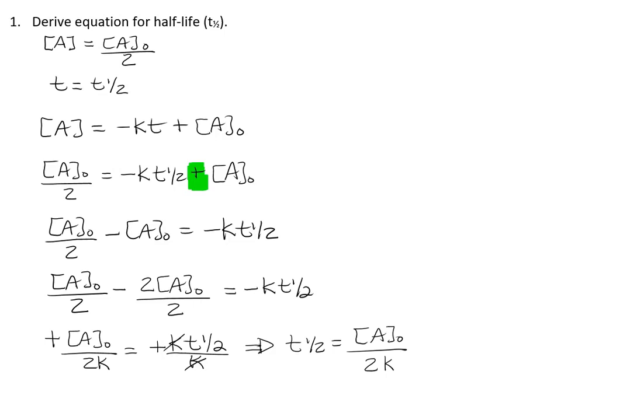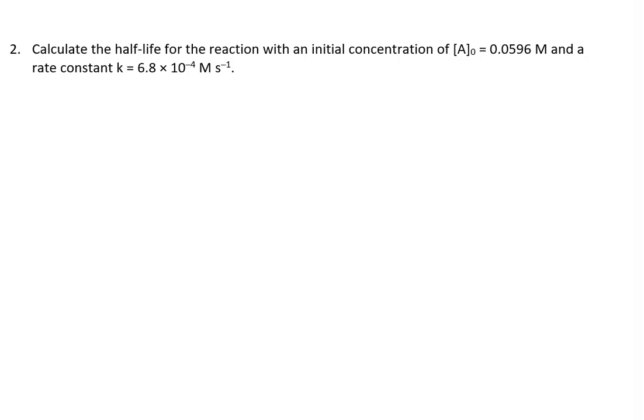Now this is just one way of rearranging the equation to isolate the t 1/2 term. It's fine if there's a different way or a different order of the derivation of the steps that works for you, but you should be able to apply the algebra to get to this equation for t 1/2. Next, we're going to use that equation of t 1/2 to actually solve a problem. So let's just write that down first. So the equation that we're going to use is t 1/2 equals A naught over 2k.